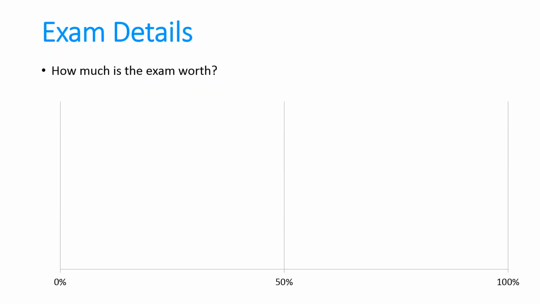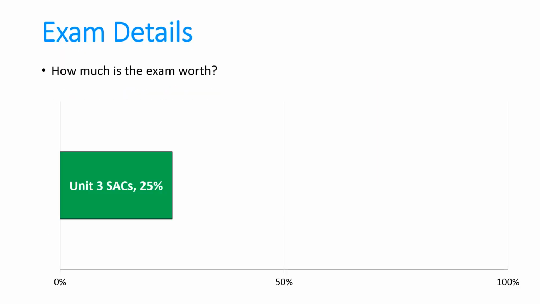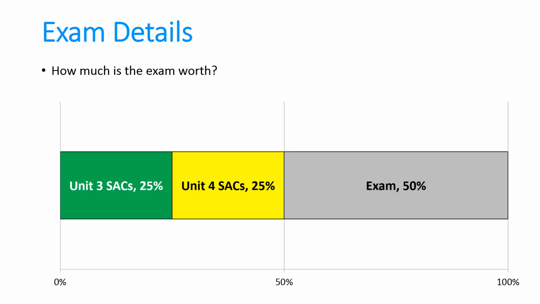How much is the exam worth? Well, looking at your entire marks for the year, 25% of your marks came from your SACs in Unit 3. The other 25 came from your SACs in Unit 4, and therefore your school assessed coursework was half of your overall assessment. The exam is the other 50%, so basically half of your result comes down to how you perform